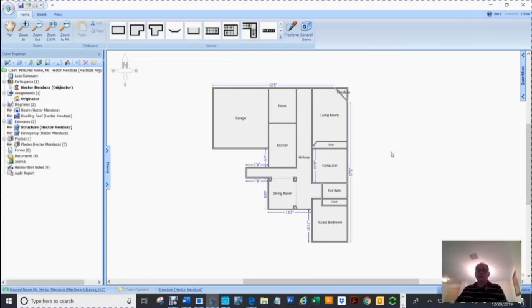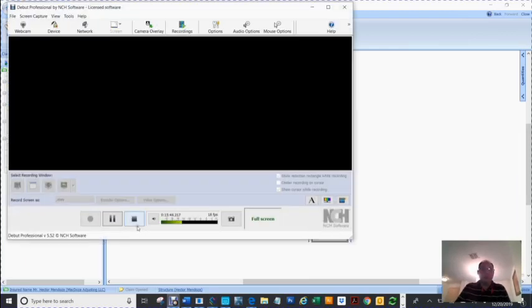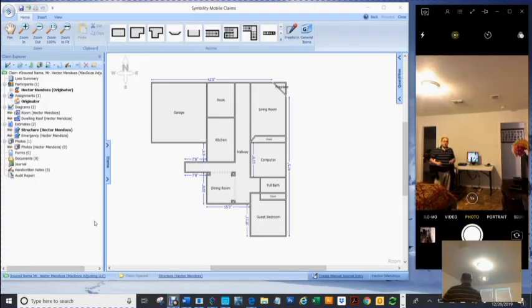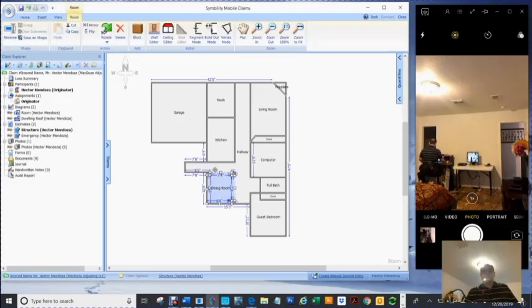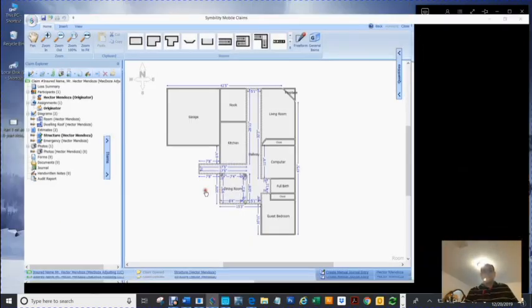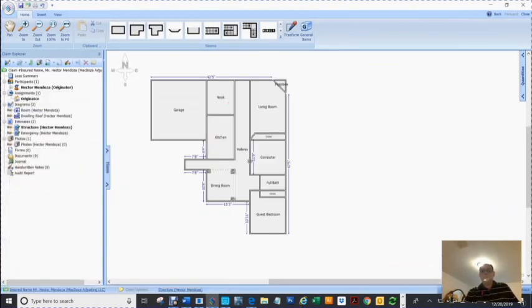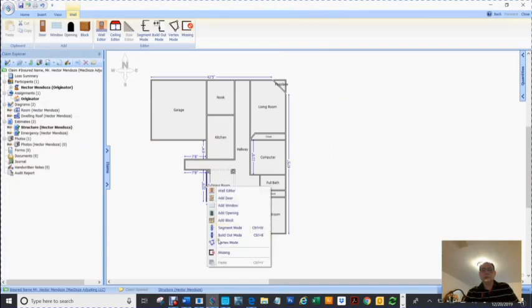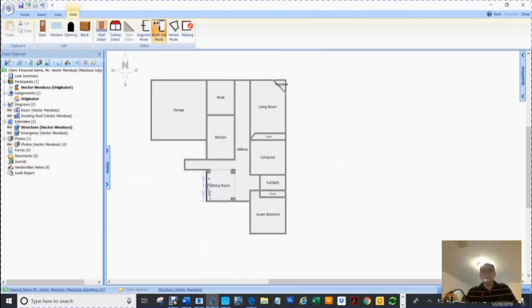I'm going to hit save, pause my video. We're in our master bedroom. North is facing that way. I got my computer facing that direction. So now the dining room we just drew is right there. There's my hall. So see, here's my dining room. Here's my hall. Here I'm going to click here, right click, build out mode, so I can build my